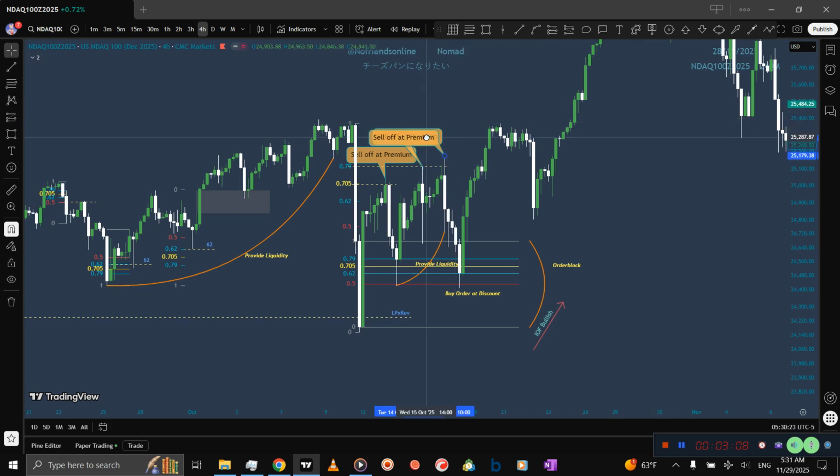If I just combine all of them, you can see there is a liquidity up here, target by liquidity pool, and price